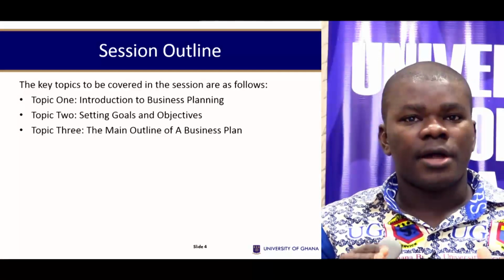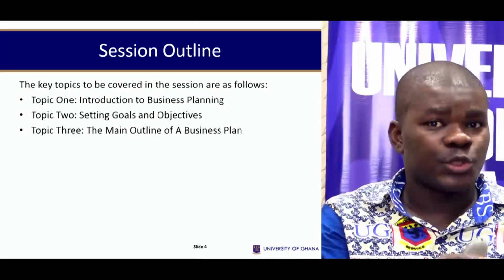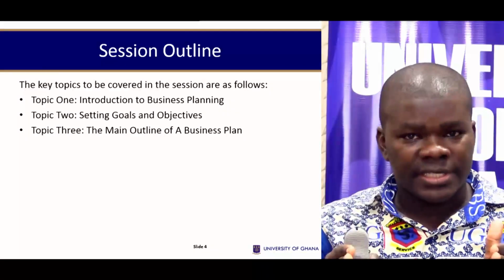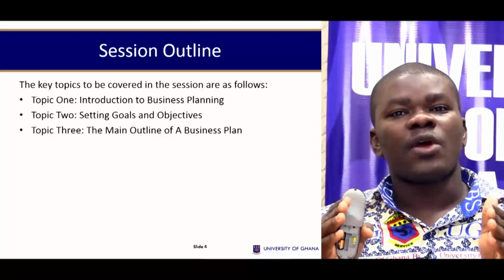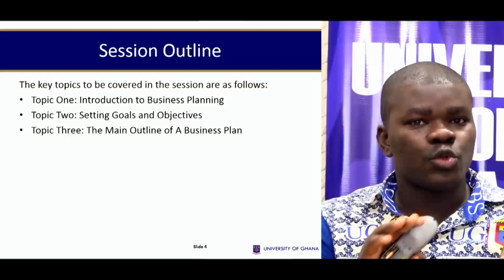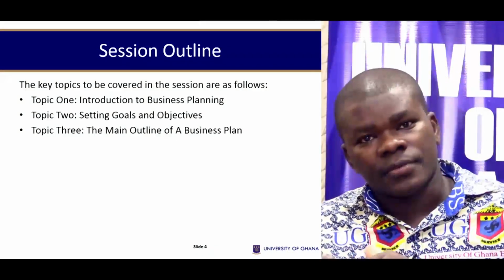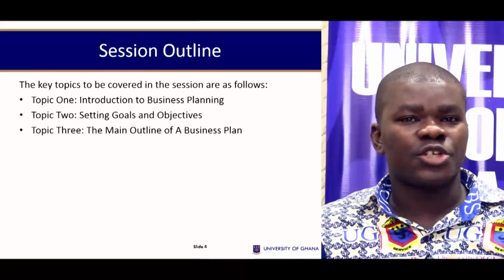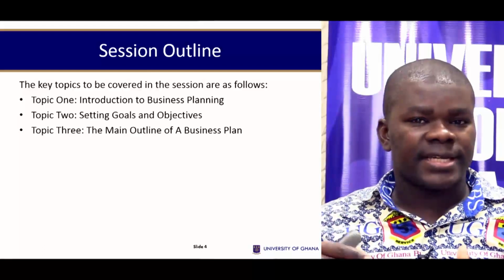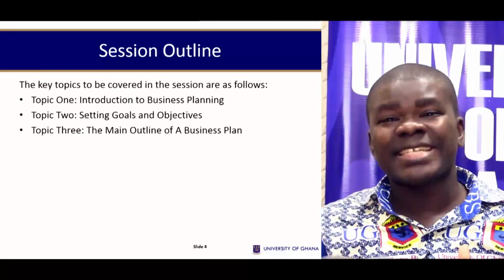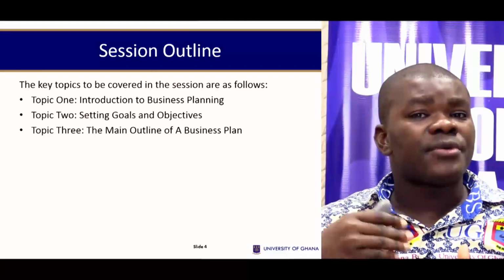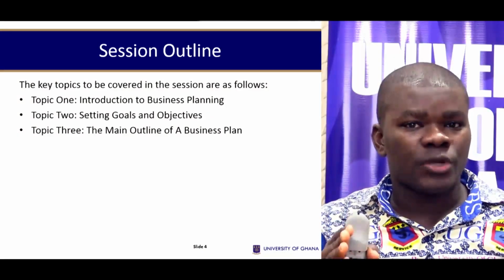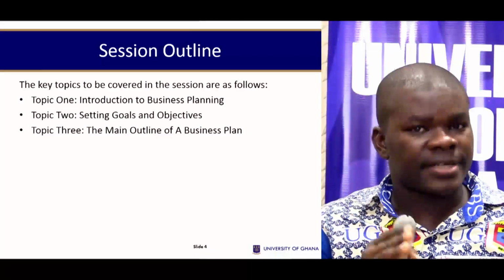plan again. Now that you have your business model canvas, I'm assuming you've worked as a group on the idea that you've had, and you've had a business model canvas. We are now going to work with the business model canvas. We are going to convert it into a business plan. And as we go along with the business plan, you would get a sense that there are certain sections of the business plan that suggest that you've actually been running the business for a while. But the business model canvas is usually recommended when you're starting from scratch.